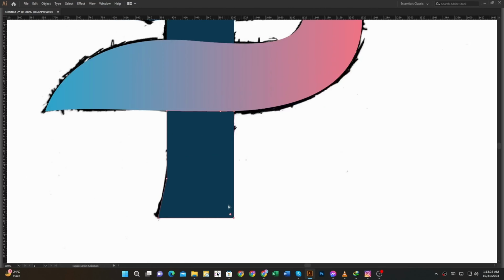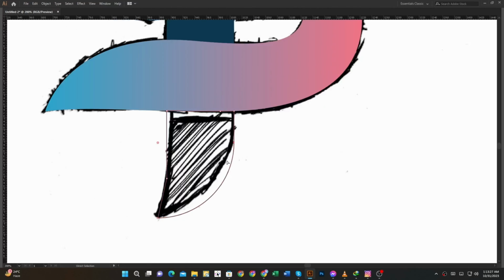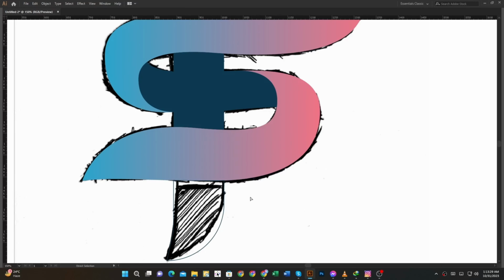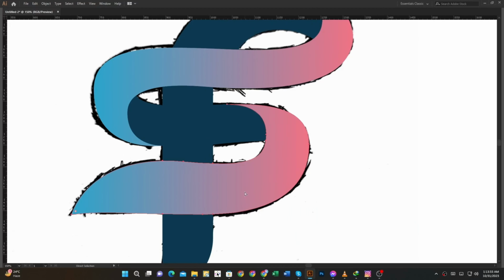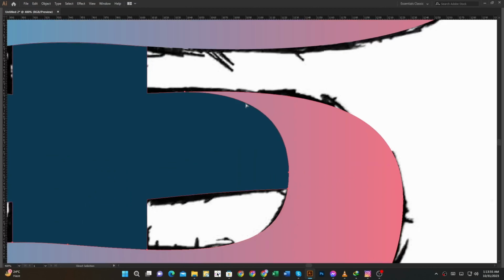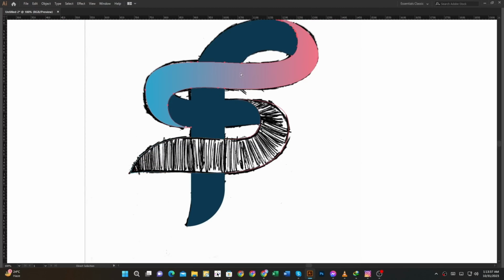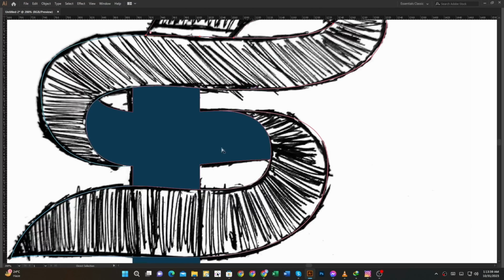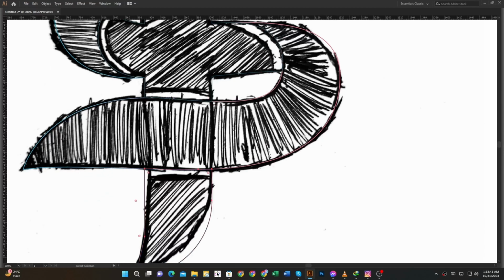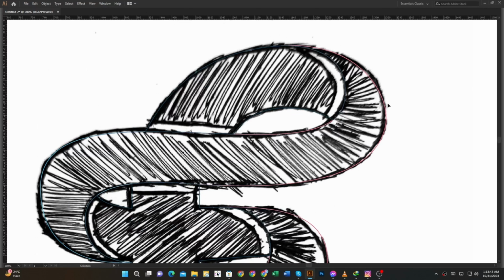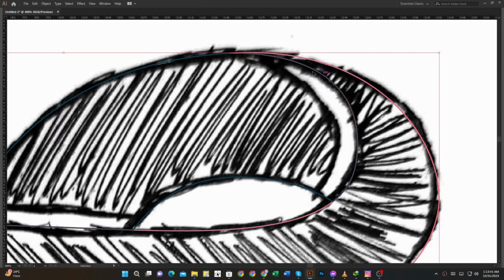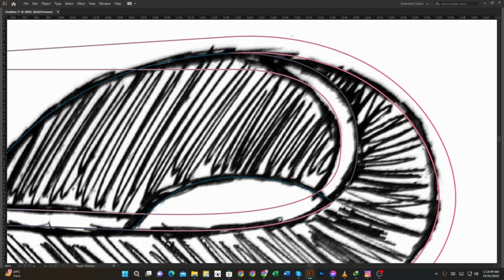Then I use a direct selection tool for some tweaking. Then it's copy.